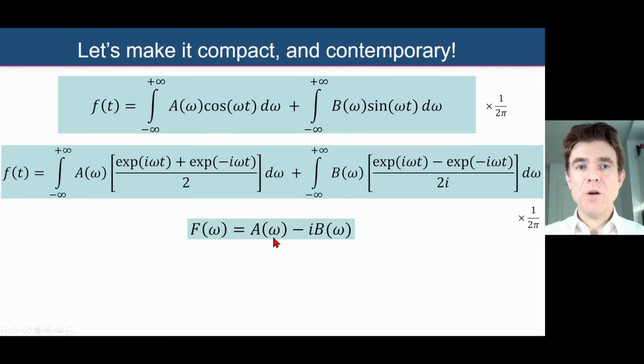So this is the amount for the cosines, the amount for the sines combined in this particular form. Now you might be asking, hang on, why is there a minus in there? Well, we'll see that in the next slide as to why that is necessary. For the moment, just understand we've taken amplitudes of cosines A for a particular frequency omega, amplitude for sines B